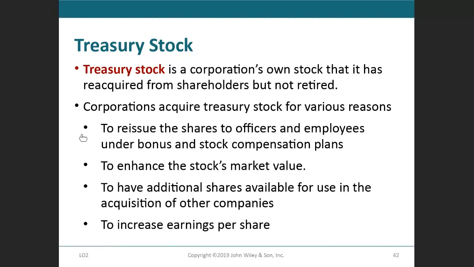The treasury stocks, a few reasons given here for getting the treasury stock, that is to reissue the shares to officers and employees under bonus and stock compensation plans. So remember, the authorized number of shares is limited. So the stocks are sold and the company wants to give some of those stocks to its employees and officers of the company, the CEO, CFO. It can buy back from the general common stock owners and give them the market value and give those stocks back to its own officers and employees